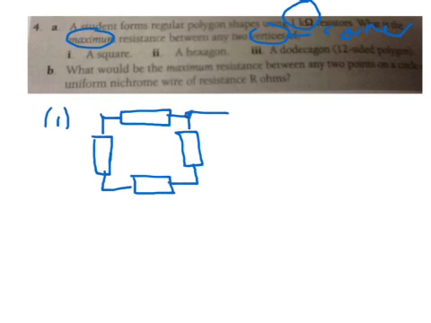You can measure the resistance between here and here, so between say point A and point B, or you can measure resistance between point A and point C, because any other combination is just going to be a variation of those two. So between A and B,